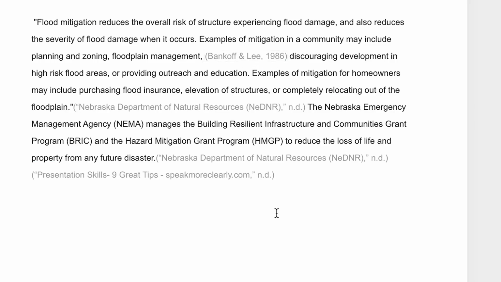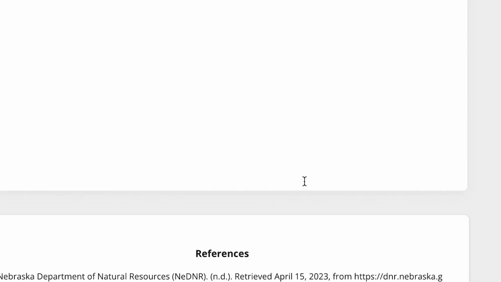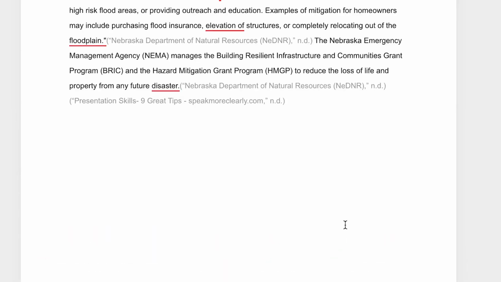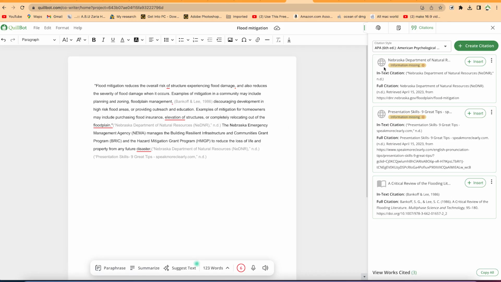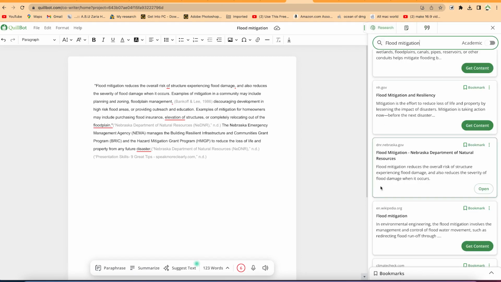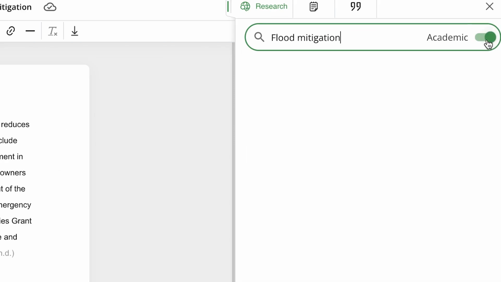You can see the reference, and then when you go back to the list of the references, you can see it has also been inserted. Okay, you can see it down here, it's been inserted. So that's the beauty of this. You can use it to write anything. You can use it for your note taking, and you can use it to do a bunch of research from here. And in cases when you want to make it solely academic, you can just enable this, and all your searches are going to be academic search.